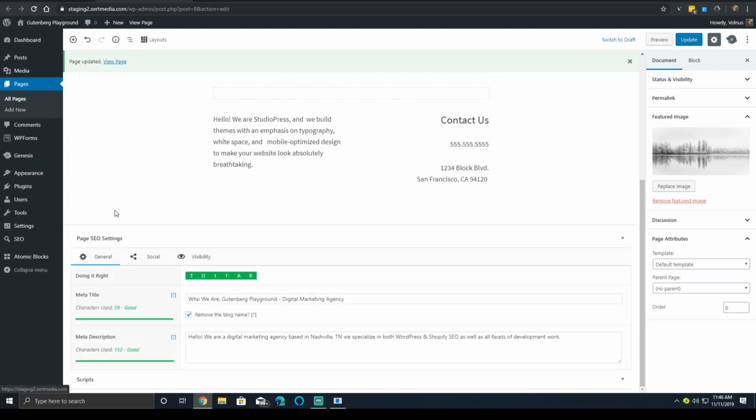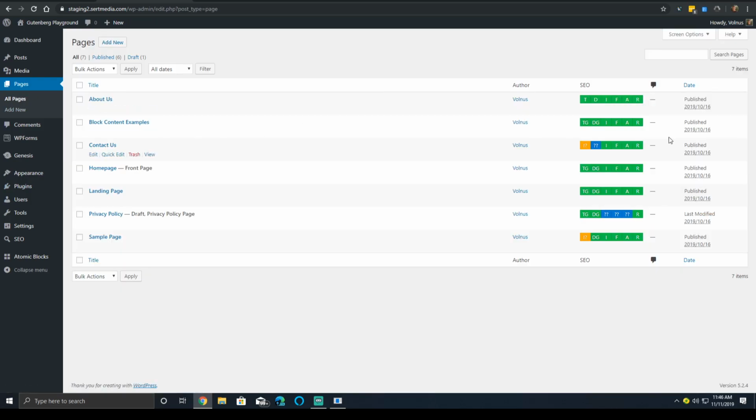So what's my real stance on the SEO Framework? I like it a lot. It's a very solid plugin. It's a fast plugin, and its recommendations are quick and actionable. And the inclusion of this SEO suggestion tool on all your pages and all your posts is really useful, because